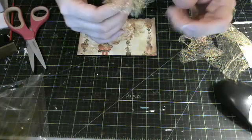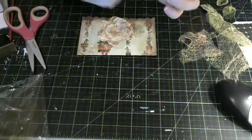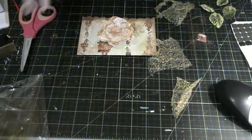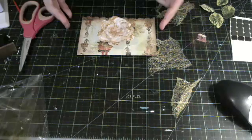Alright, you don't really need to be precise. You kind of want it to be messy looking because you're going to tuck it in, okay? So I'm just cutting more because I have 3 of them. Next I'm going to, sorry,